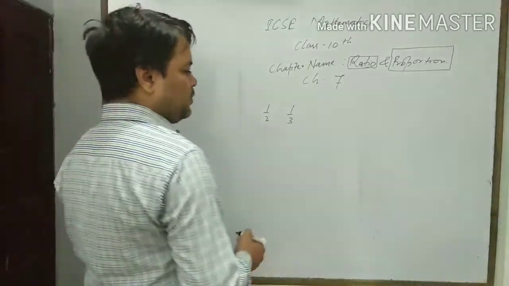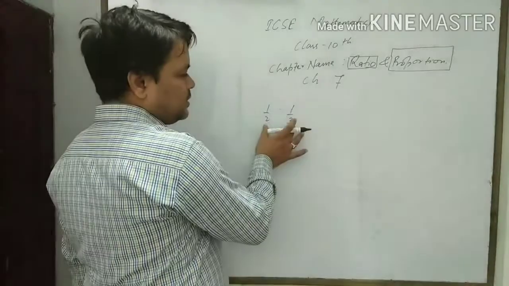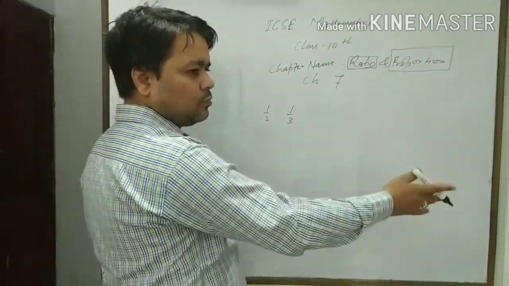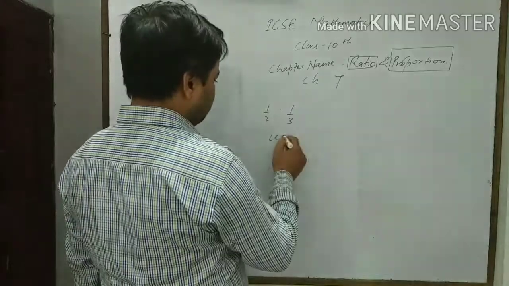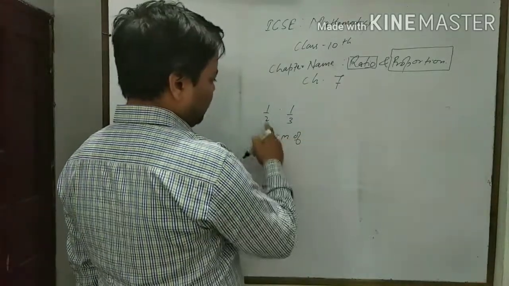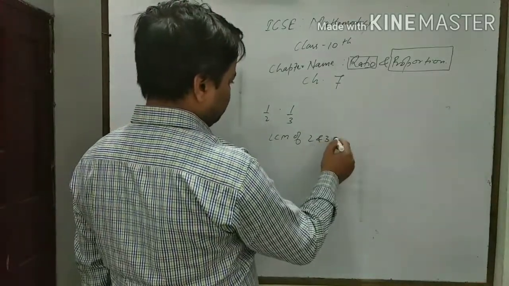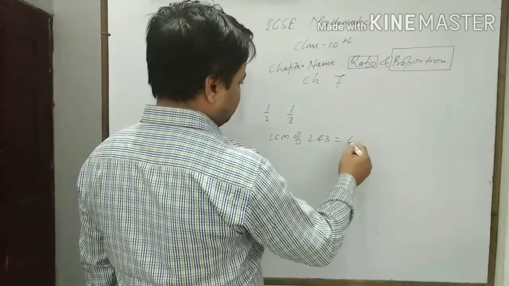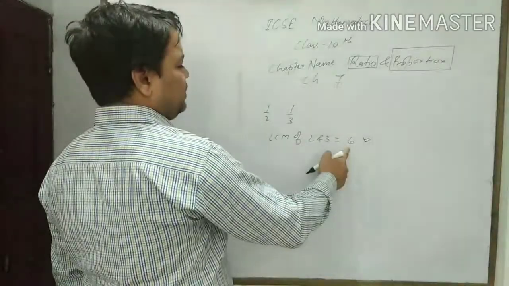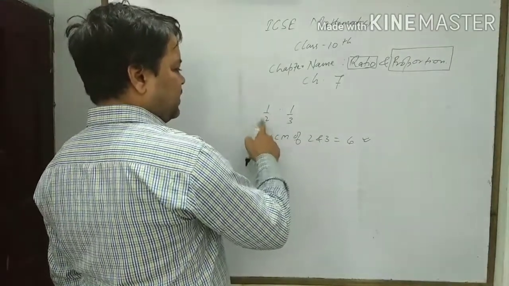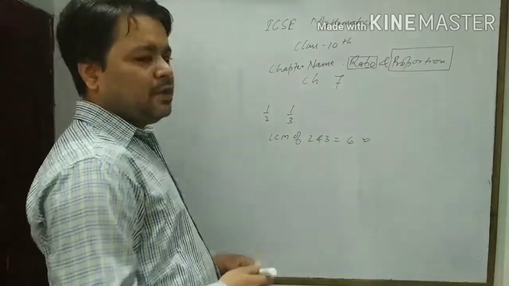Then what we do? We just change it into whole number. For doing that, first of all, we take the LCM of denominators 2 and 3. The LCM of 2 and 3 will be 6. Whatever LCM we get, we multiply it in the antecedent and consequent, because